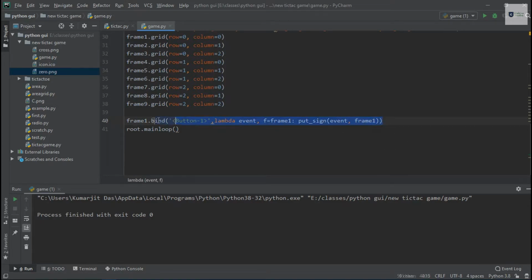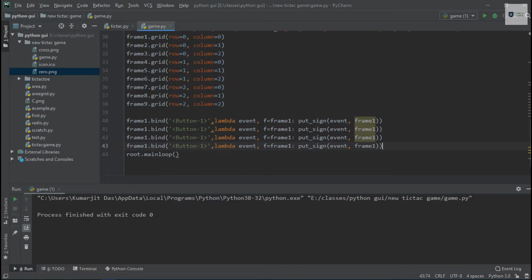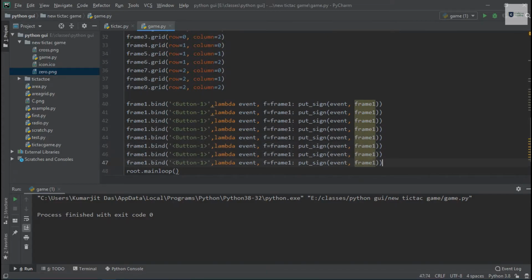Now I have to use this bind function with each and every frame in my program. So let's make 9 copies of this code, okay, and then I will rename all these things. This is frame 2 and frame 3, frame 4, and so on.